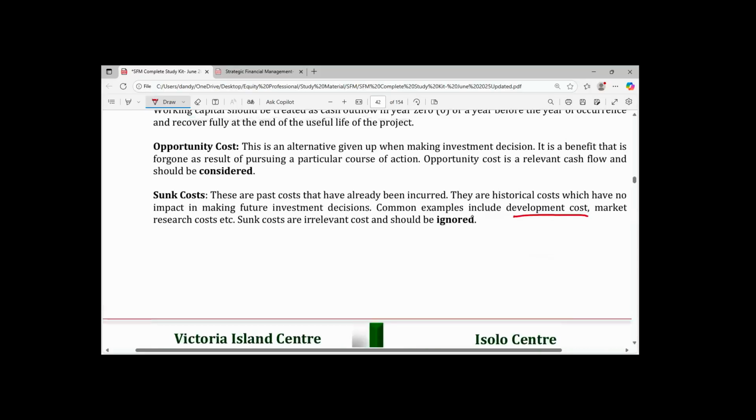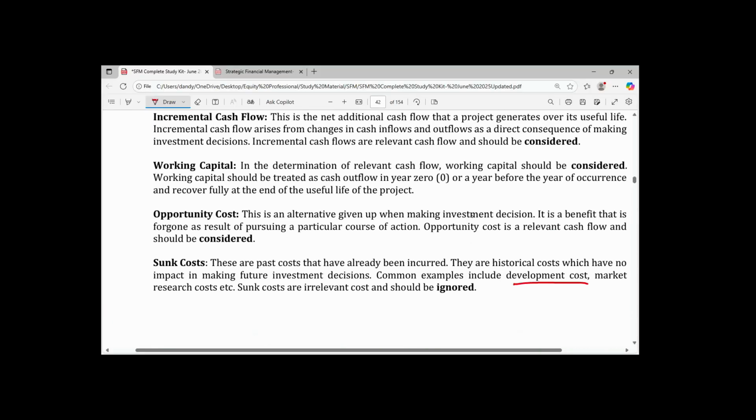Now, we have two more to go under this. Let's talk about opportunity cost. Opportunity cost is a benefit forgone as a result of taking a particular course of action. When you choose a particular course of action over the other, that means you are going to forgo the benefit that would have accrued to you from that